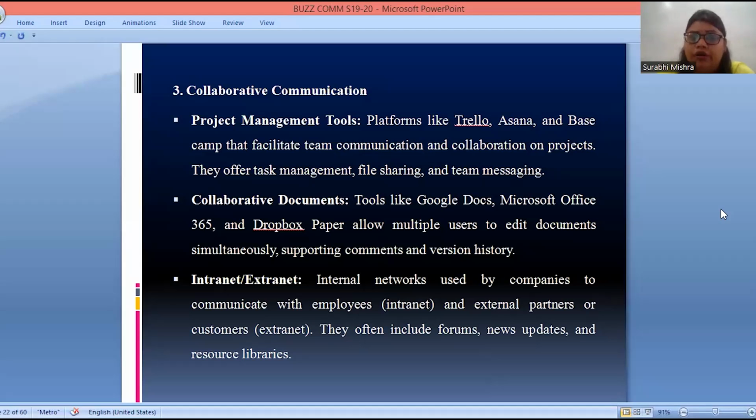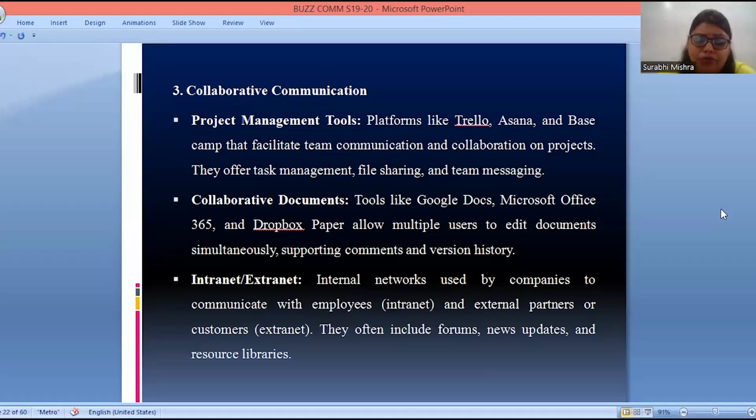The internal network used by the people within the organization is known as the intranet, and the people outside the organization, like your business partners or customers, will be using the extranet. All these are sources from where they can get information about new updates and new product lines, or they can also act as resource libraries, right?